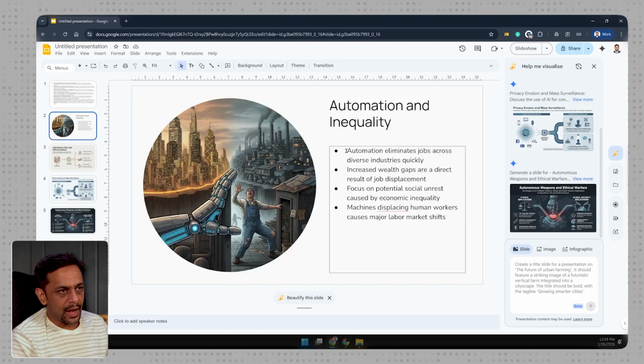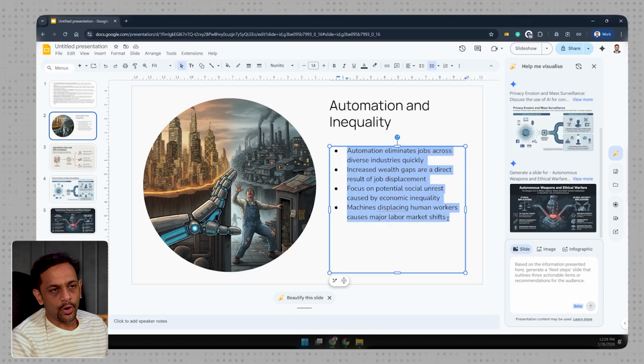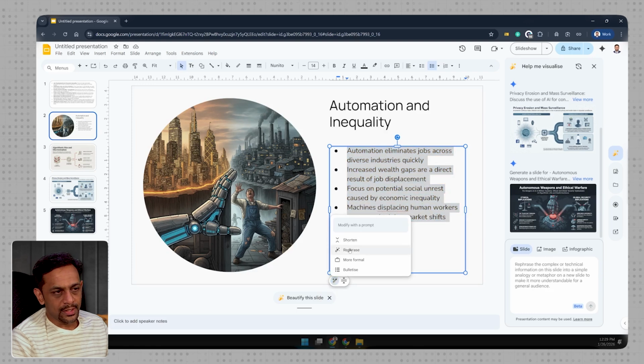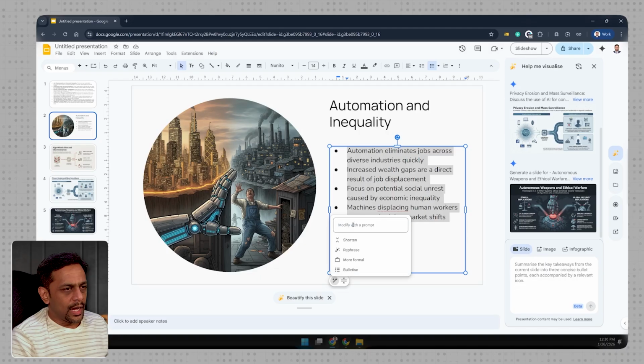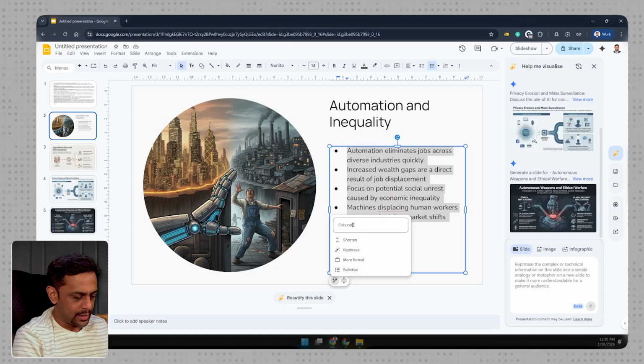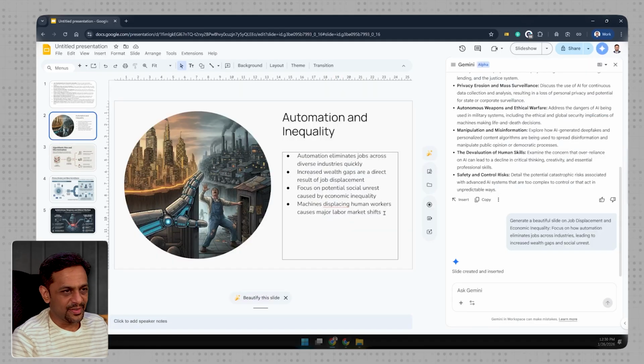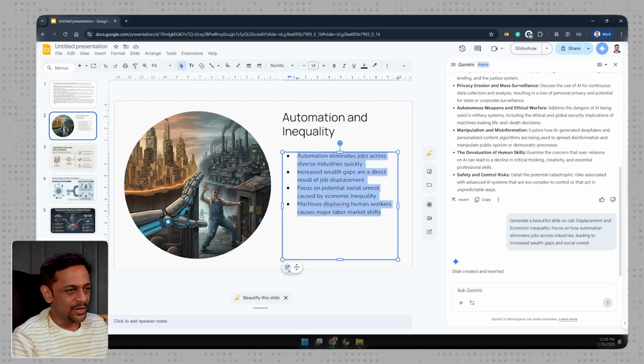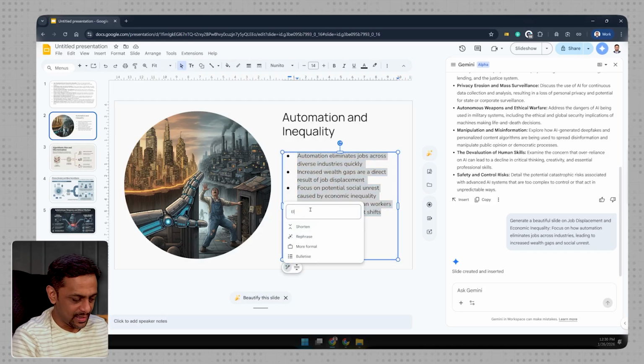Let me go back here, and these were the bullet points that were generated when we asked Gemini to generate it, right? I could just go over here, use this option to shorten this, rephrase this, make it more formal, okay? Like make it look more formal or bulletize if it was not bulletized. I'll go here and say elaborate this in proper, yeah. So that's gone. Okay, so I should not be going to next slides even by mistake, otherwise this will be gone. I'll go here, I'll click on this, I'll say elaborate